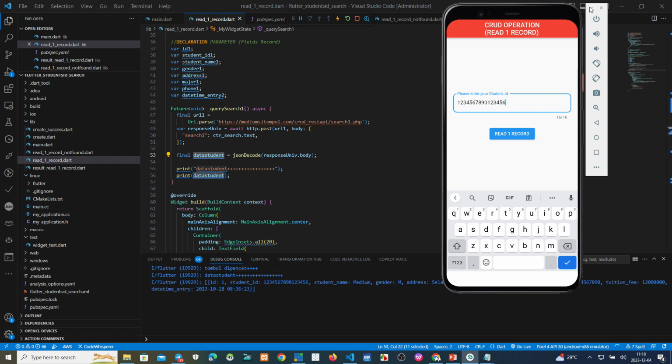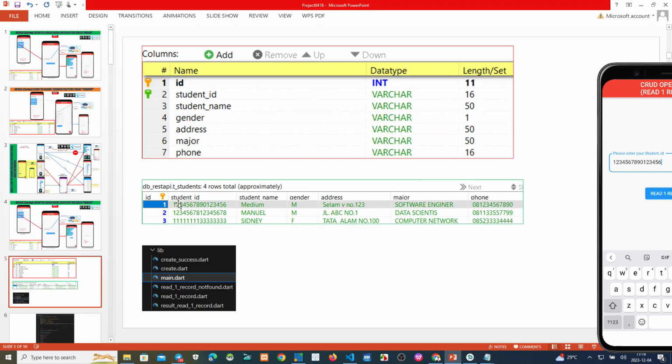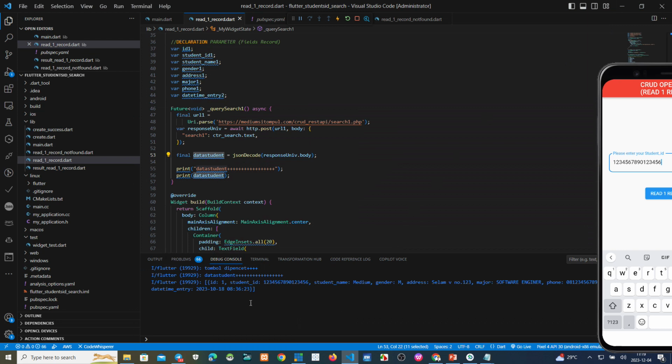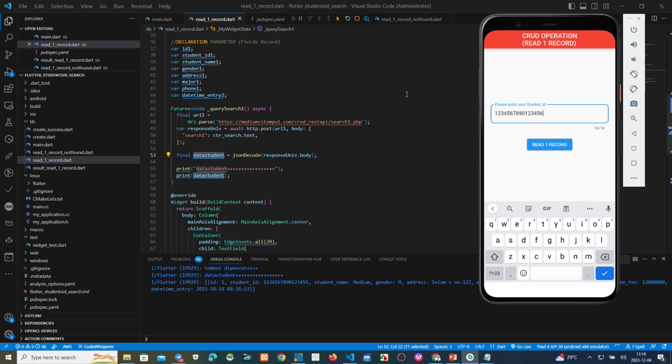Okay, you see this one. All data from here, this one, student ID, student name, gender, address, major, and phone will come back to the Flutter. Okay? So, this is good news. The script is running well.